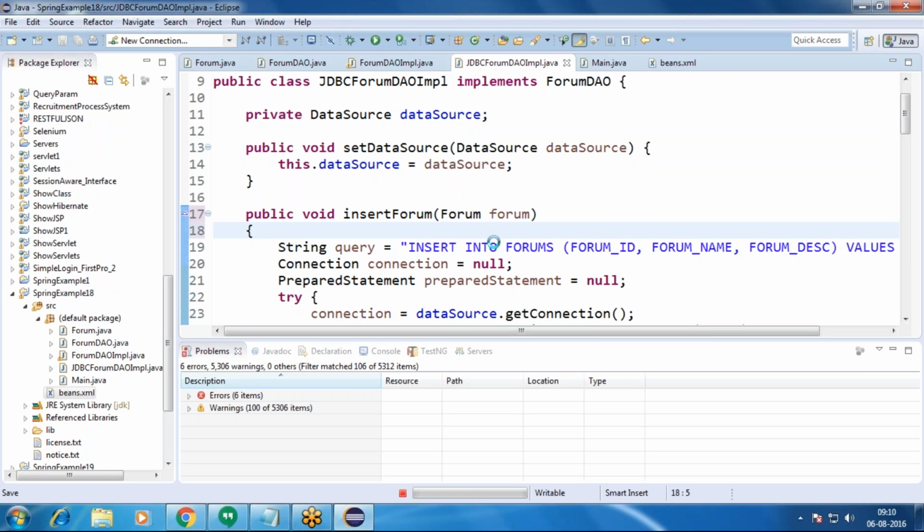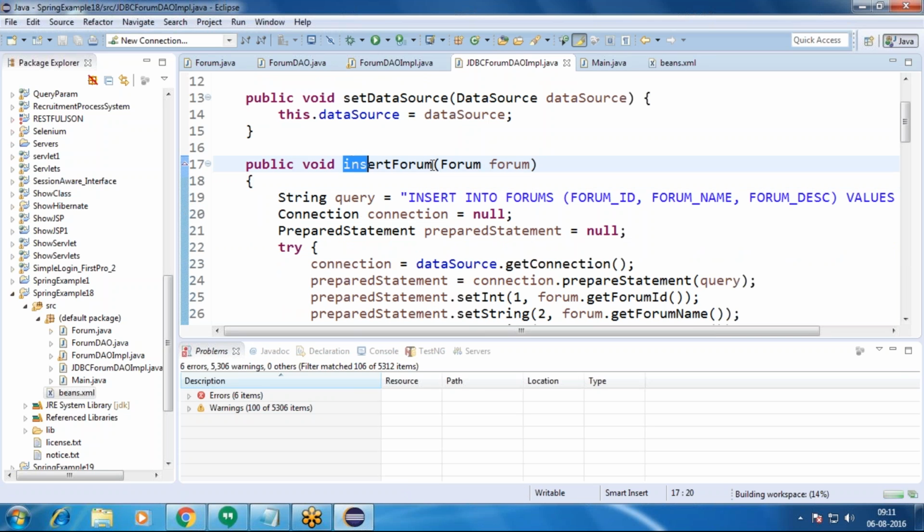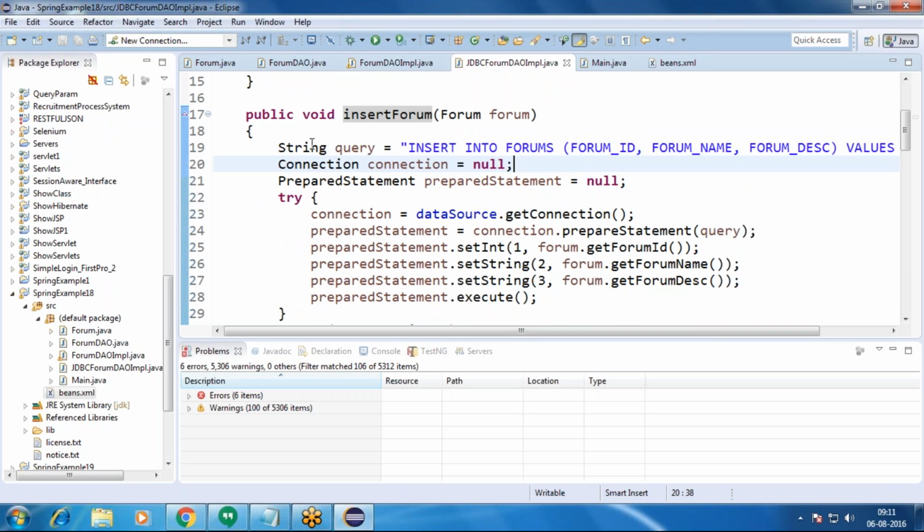Now come to the insertForum method. For the insertForum method we give a Forum object as a parameter. Whatever details we stored in the Forum object, we are going to store into the database.